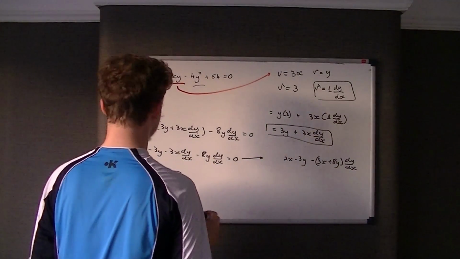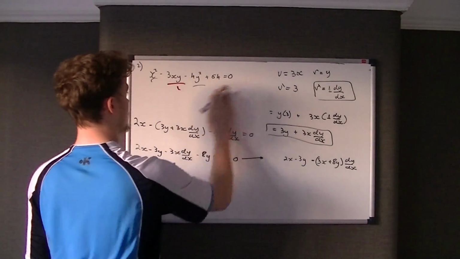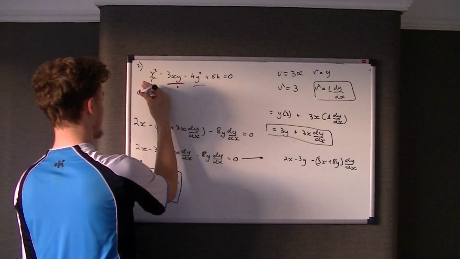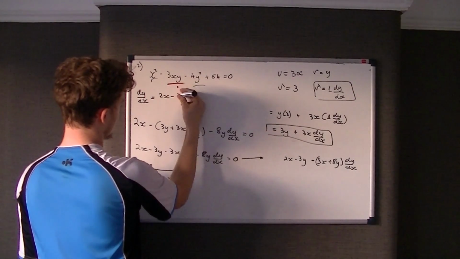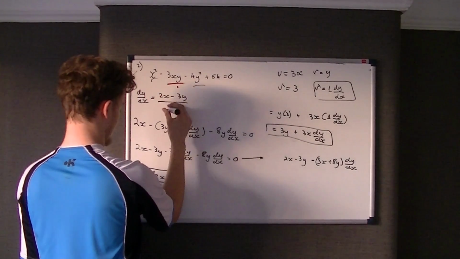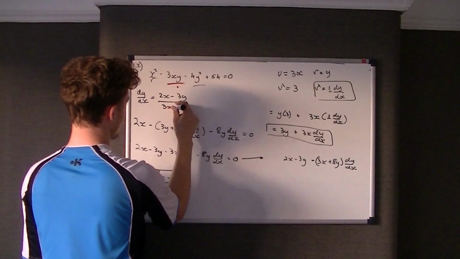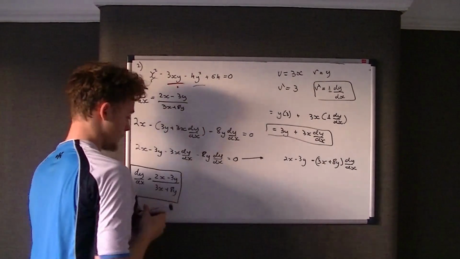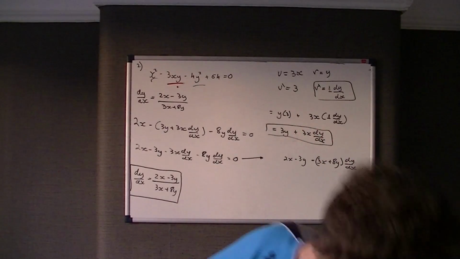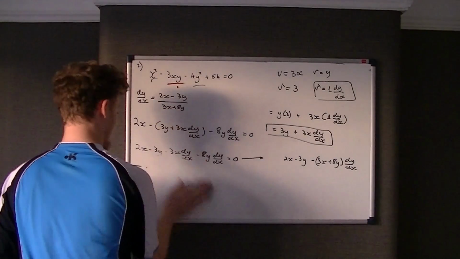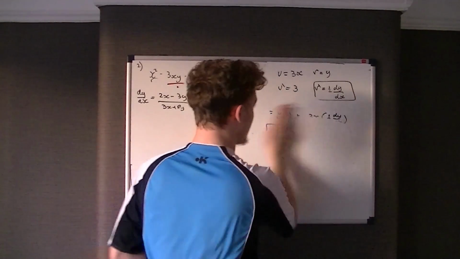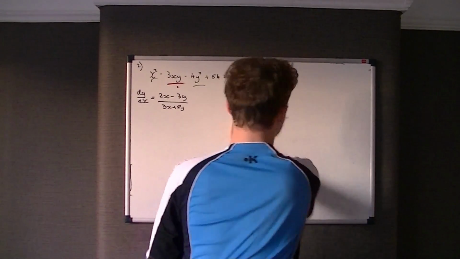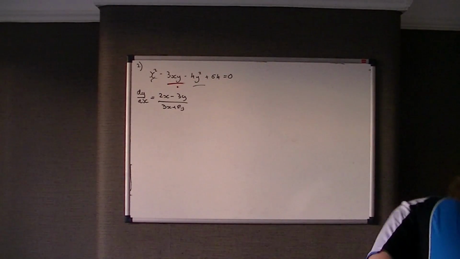I'll just write that up the top because obviously we're going to be moving on to part B next. So dy/dx was equal to 2x take 3y over 3x plus 8y. So that's your answer to part A. So let's just rub this off. Okay, so part B says,